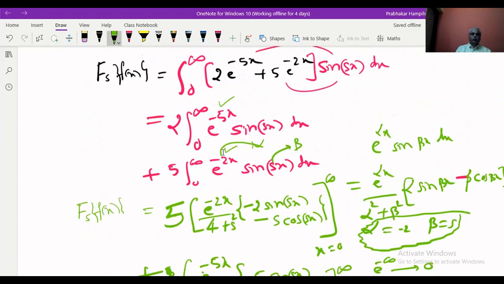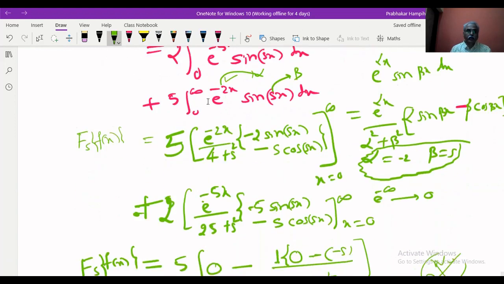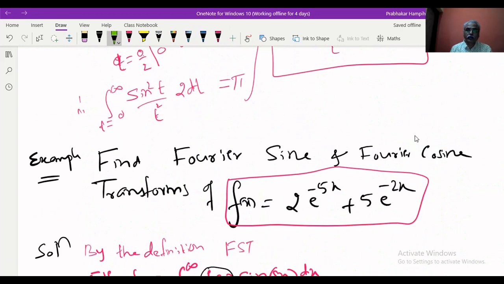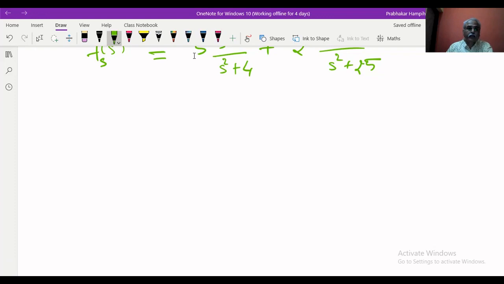Very similarly we can do it for the cosine transform. Why not we should do it now? Instead of sine, you put cosine here. Let us consider very similarly because we are asked for both sine and cosine transform. So now if I write, again considering the Fourier cosine transform,